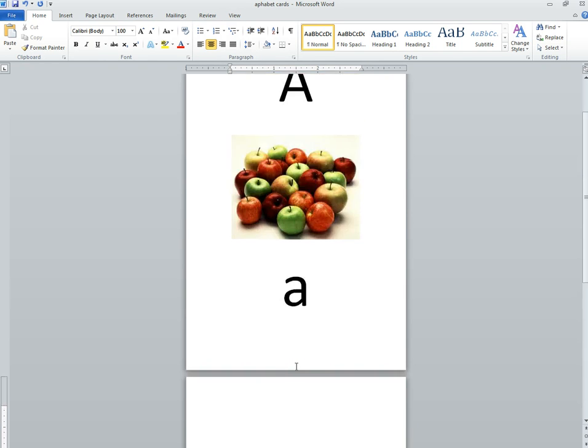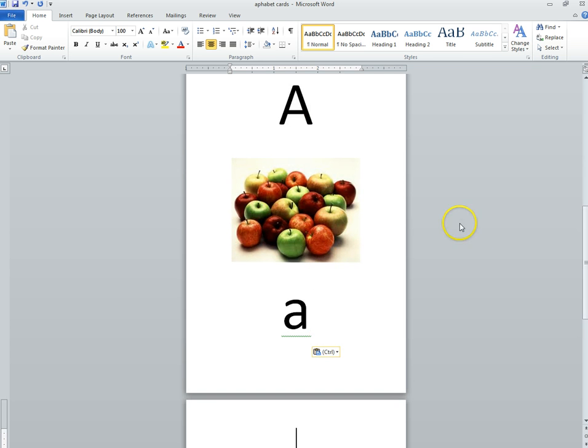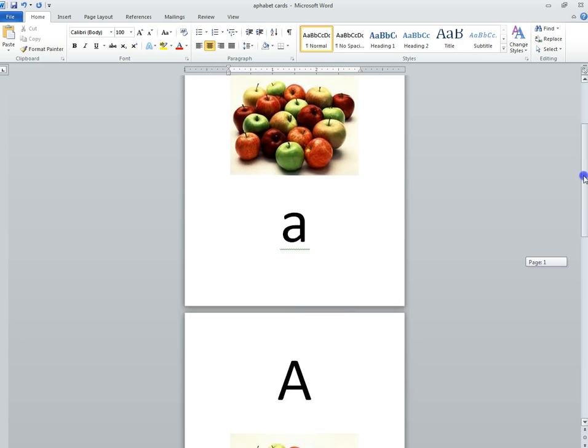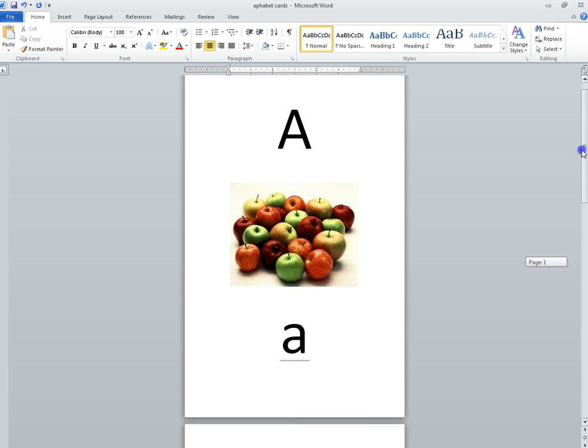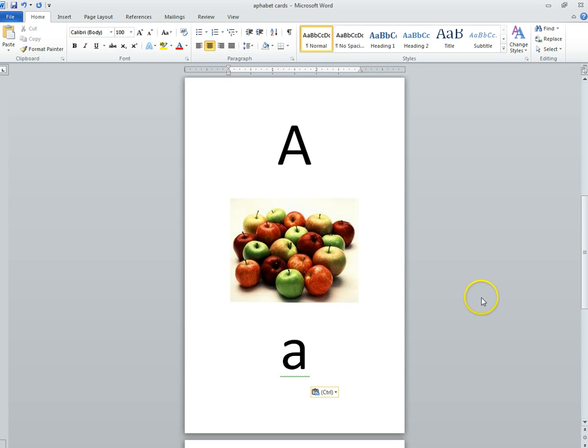So now we have a complete second blank page, and now what we're going to do, come back here to the Home tab and hit Paste. What that did, we have a complete duplicate copy of our first card. And why did we do that? Because now all we need to do is change the letters and the picture. So I'm going to highlight the A, change it to capital B, highlight the lowercase a, change it to lowercase b,